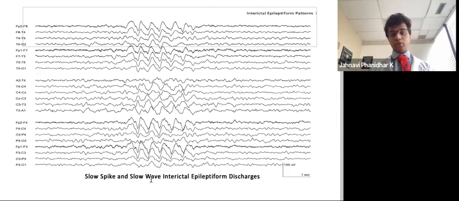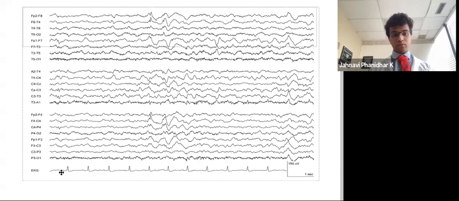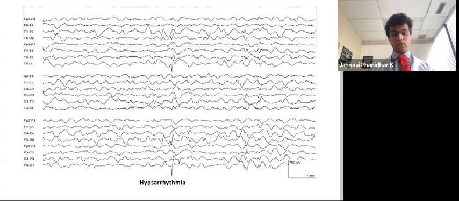The slow spike-and-slow-wave interictal epileptiform discharge is another epileptiform discharge seen with generalized seizures, and we can see the slow spike and the slow waves along multiple electrodes. Here we can see a diffusely slow background activity that is interrupted by 2.5 Hz regular slow waves with spike notches in their upslopes. These slow spike and slow wave discharges are produced by slowing,